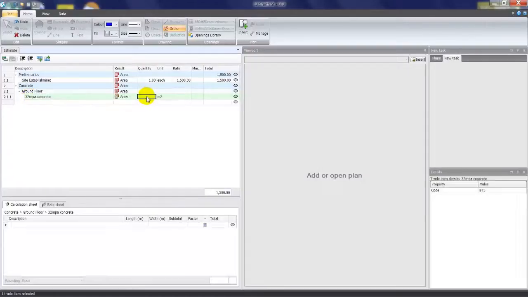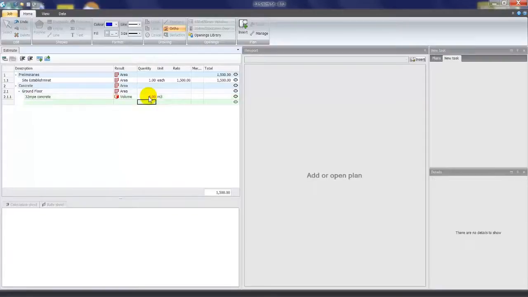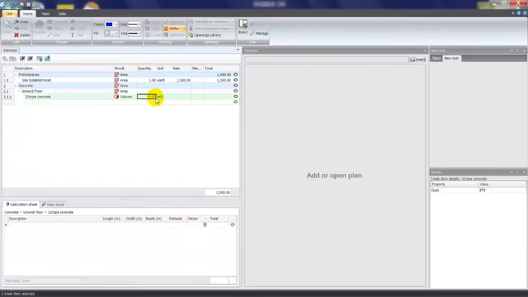and then moving to the quantity cell. In the quantity cell you can type formulas in. For example, we might have an area that's 8 times 5 to give us 40 square meters. Or if I click in this result drop down column and nominate volume, I could have inserted a quantity such as 8 times 5 being the area times 0.1 for say 100 mil thick slab. You'll note when you type a formula in, the value appears in pink to denote that you've put a formula